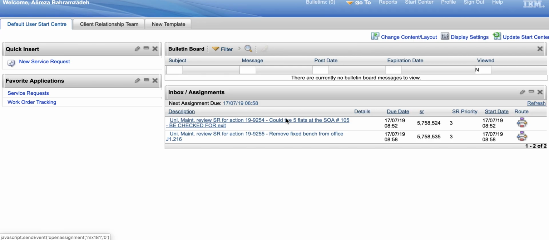Hi, we are now going to show you what a service request looks like from a scheduler's point of view and what to look for when you are making a service request. As you can see, I have a service request in front of me. First thing you need to look at is the priorities, because depending on the priority determines which job you do first,